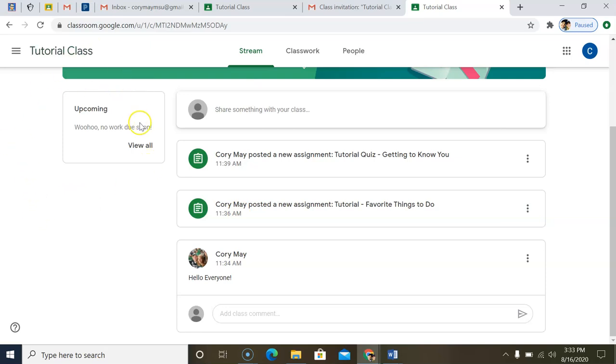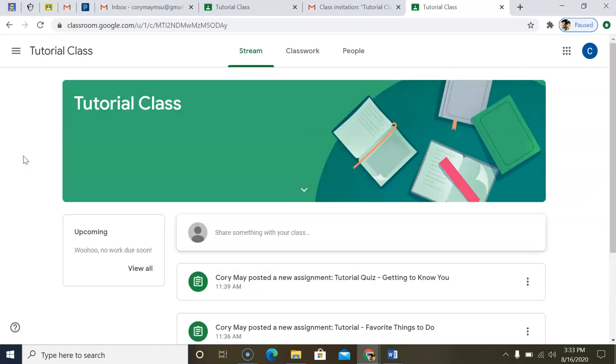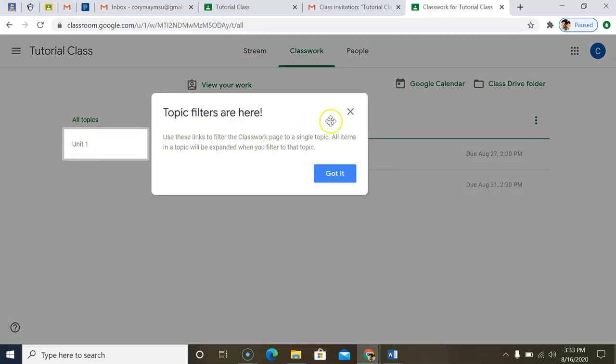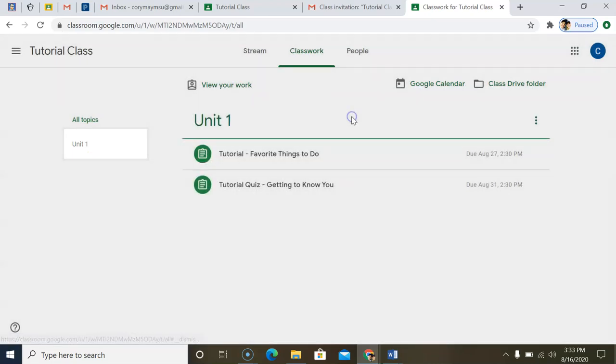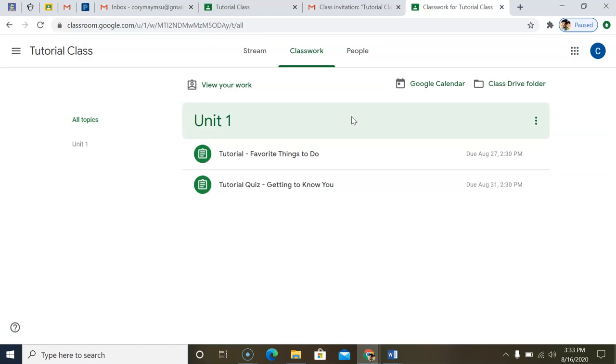The other thing up here is if you have any upcoming work that's due soon, the class itself will always have that there to remind you. And then the other tabs here are classwork. This is where the majority of stuff is going to be, and how your teacher is going to lay this out for you guys. Now,